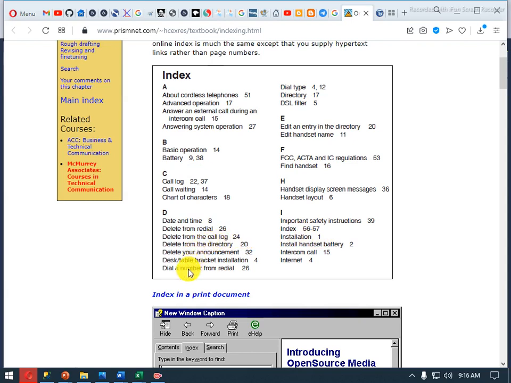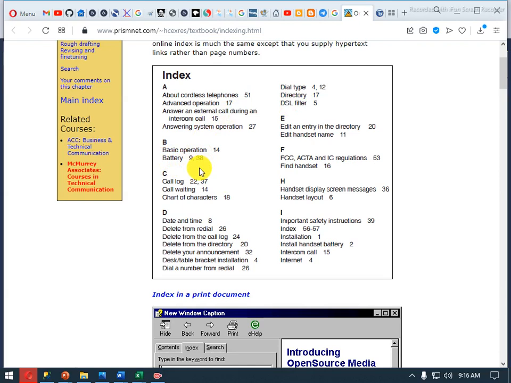In the same way, you want to know how to dial the number, how call waiting works, or what the battery is. If you want to know about the battery, you go to the index at the end, because battery is not the name of a chapter, it's just the name of a content, a term, maybe a concept. You will find battery under the letter B, go just to the B section and skip other sections. Very quickly you find battery mentioned on page number 9 and page number 38.